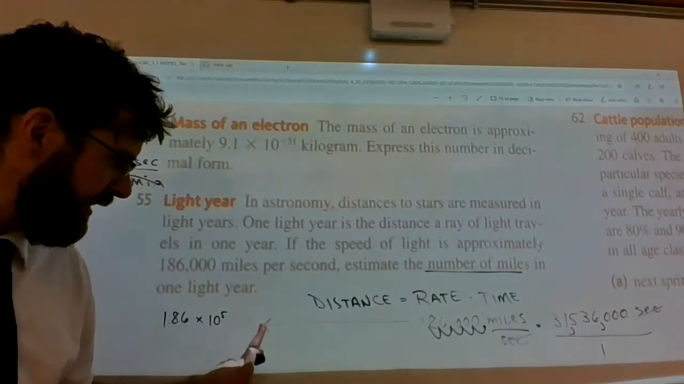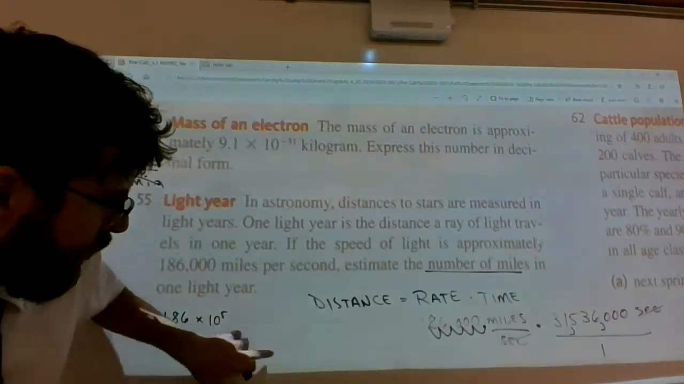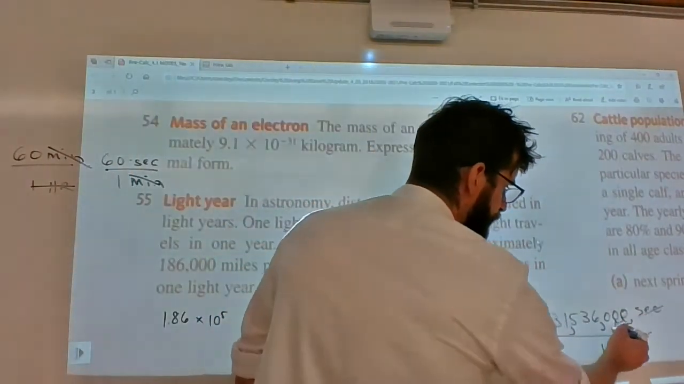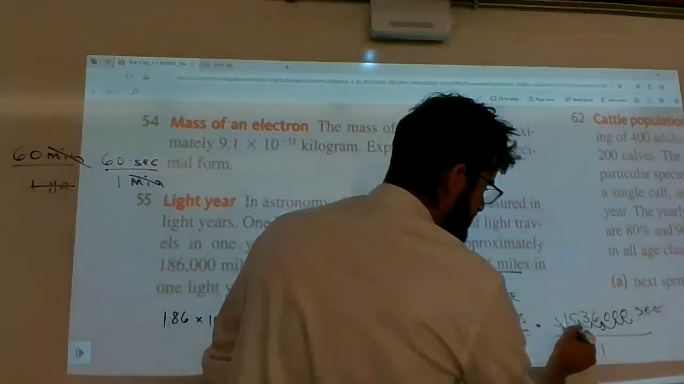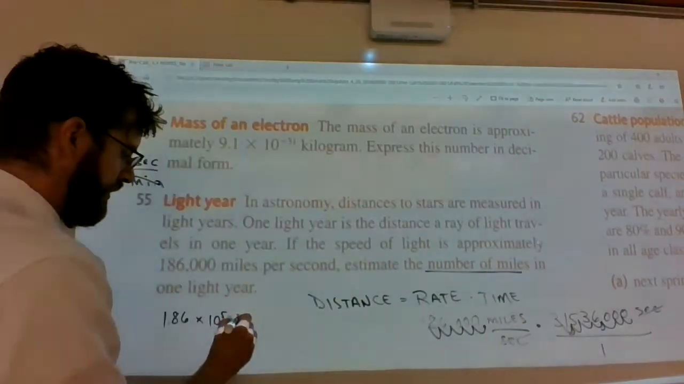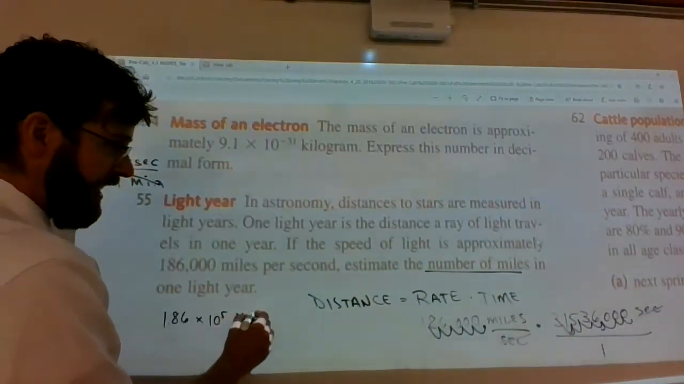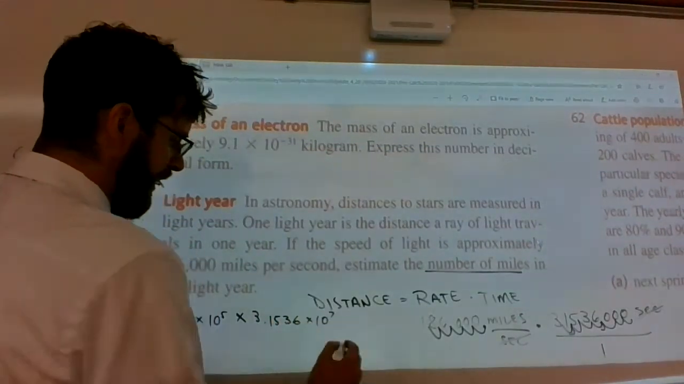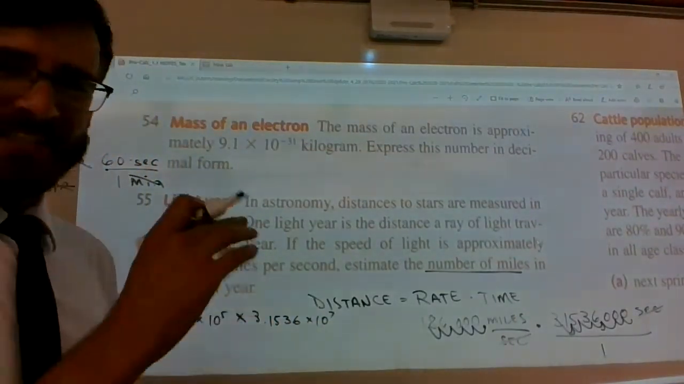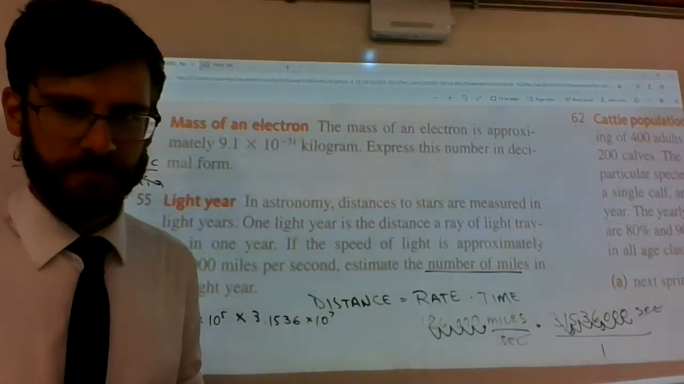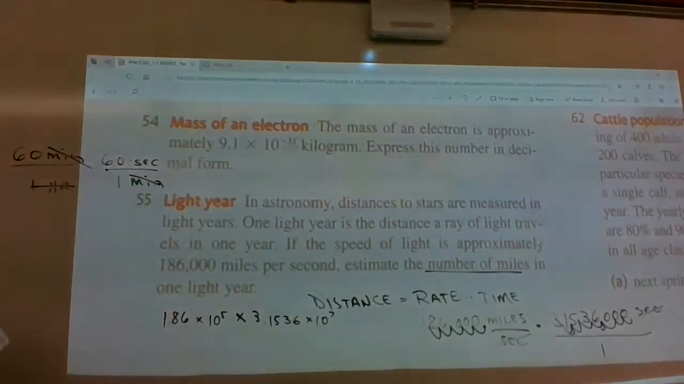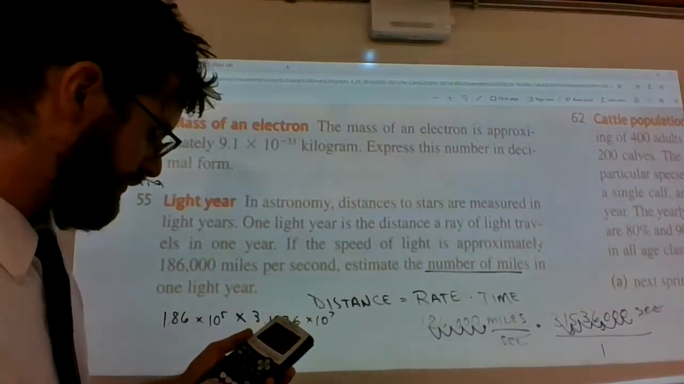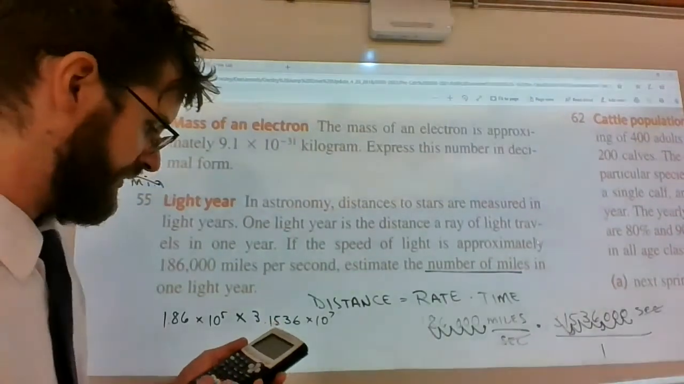Then we take that number and multiply by, if we go over here, 1, 2, 3, 4, 5, 6, 7 powers. So multiply that by 3.1536 times 10 to the 7th power. That's how many miles we're talking about here. So when we take 1.86 times 3.1536, you get